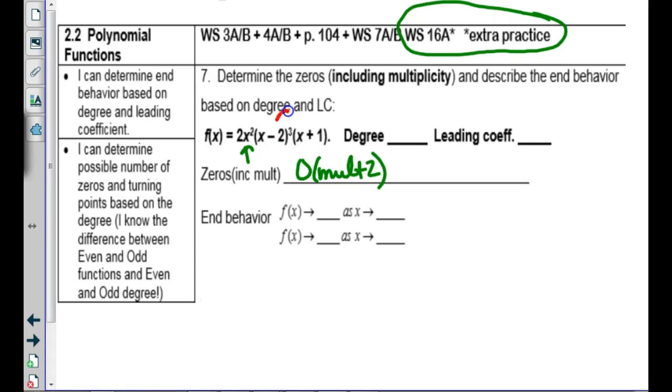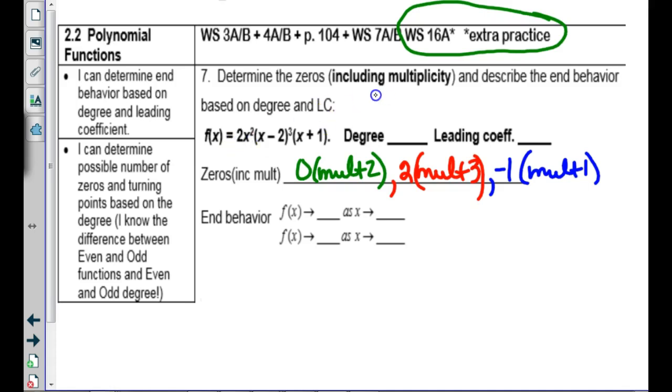Okay, then there's a 0 at 2, multiplicity 3. Then there's a 0 at -1, and that's multiplicity 1. You don't have to write the multiplicity 1 down if you don't want. But if you add up all the multiplicity, you should get the degree. Multiplicity 1, multiplicity 3, multiplicity 2. Does that check